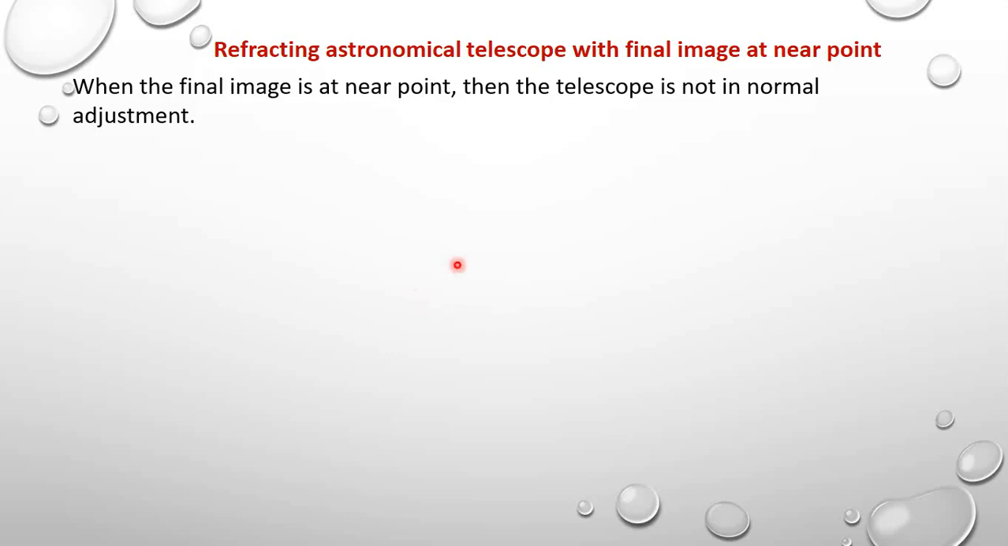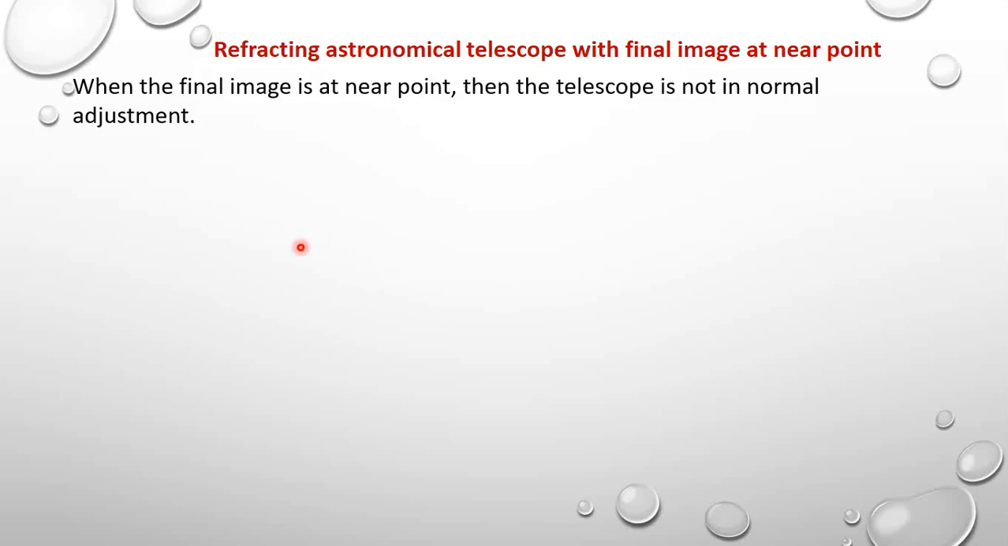And that intermediate image is going to be at a distance u from the eyepiece, and that means that it's going to be nearer the eyepiece than its objective focal length. So we shall look at that